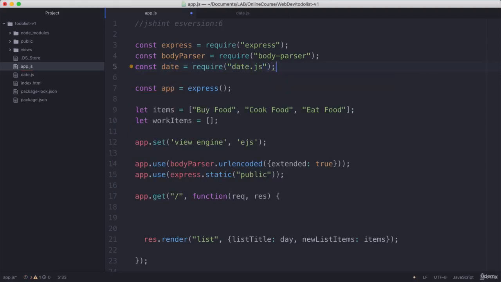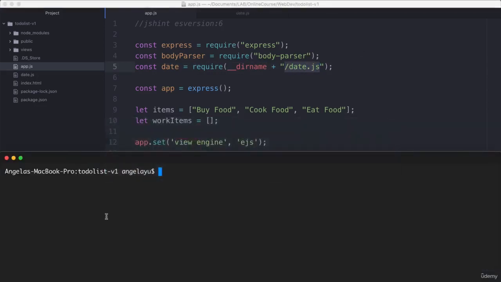Now, because our module is local and it's not installed using npm, then the way we access it is a little bit different. We have to use that thing that we saw previously with the directory name plus, and then we have to locate our date.js. So now what this will do is we're saying we're requiring a module and it's located at the current directory name. And then we add /date.js in order to access this particular file. So now if I hit save and I run my code using node app.js, making sure that you're in the right position,